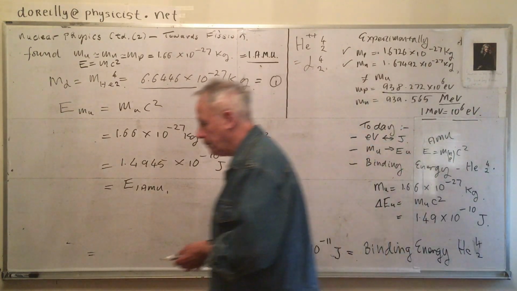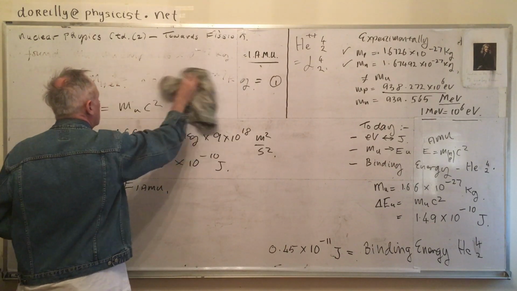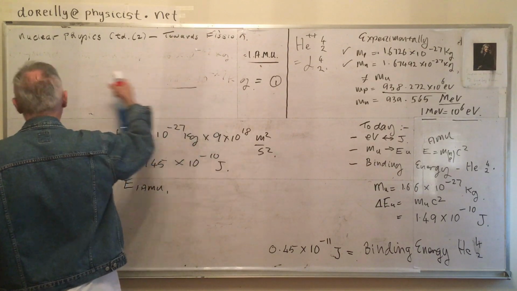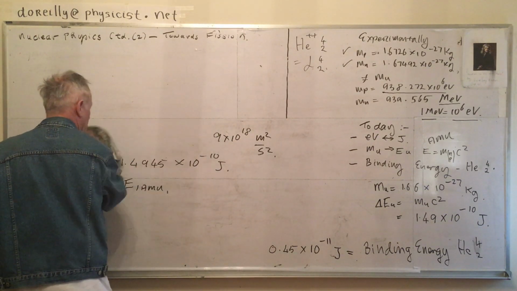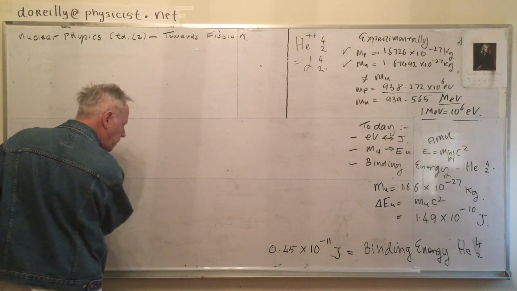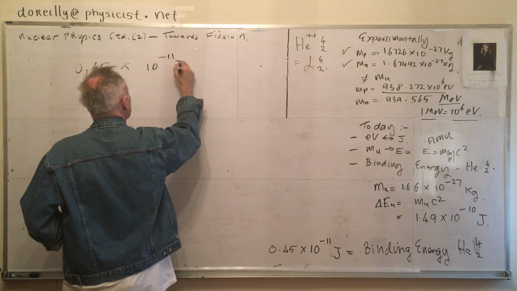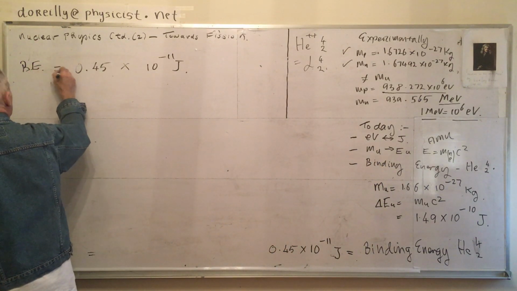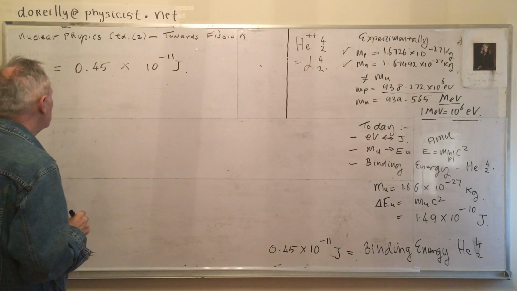Let's convert this to electron volts now. We'll use the spray. We'll convert this to electron volts. That's what we have, the binding energy of He. We call this binding energy for helium. Okay? So that's the number of joules, and we go 1 eV